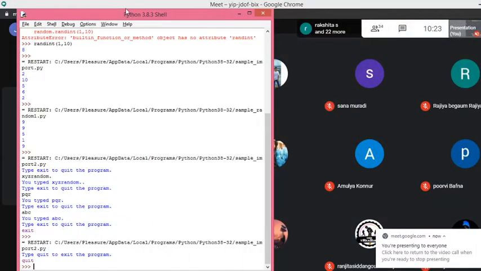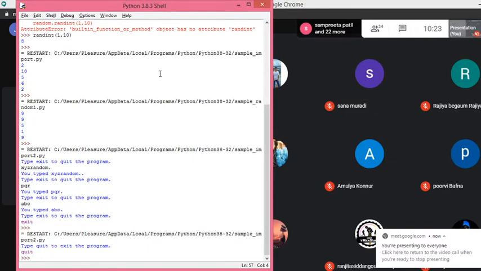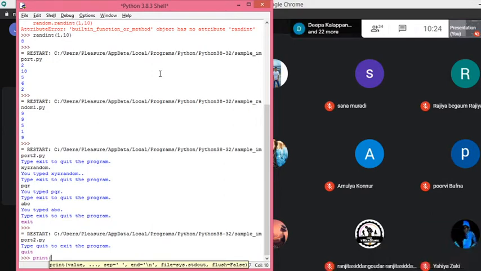Try to understand. We have already seen a function like print. Is it a function or not? Yes.